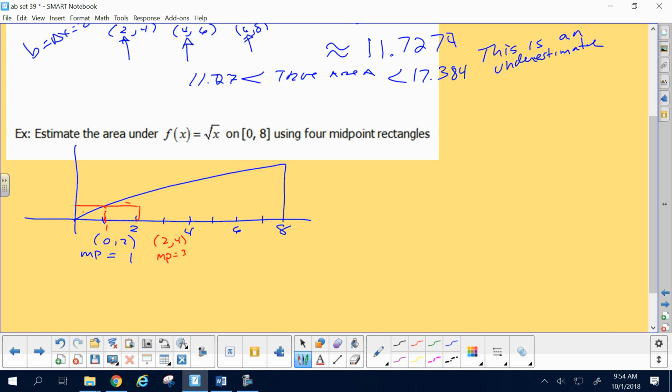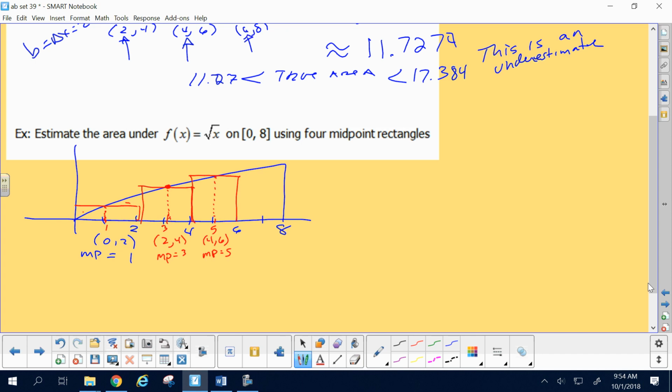Okay, so you go to 3, go up to the curve, and at 3, that function value is going to be your height all the way across the rectangle from 2 all the way over to 4. That's rectangle 2. The next region is from 4 to 6. The midpoint is 5. Go to an x of 5, go up to the curve, and at that height, draw across from 4 to 6 for your third